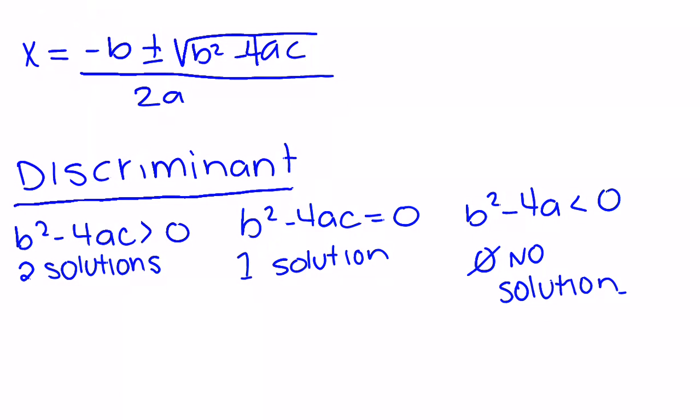Okay, so now that we've talked about the quadratic formula and looked at the discriminant, let's try some example problems. For our first example, we're going to solve using the quadratic formula, and we're going to use x squared plus 6x minus 10. Now, with most things, please keep in mind we're using that formula,